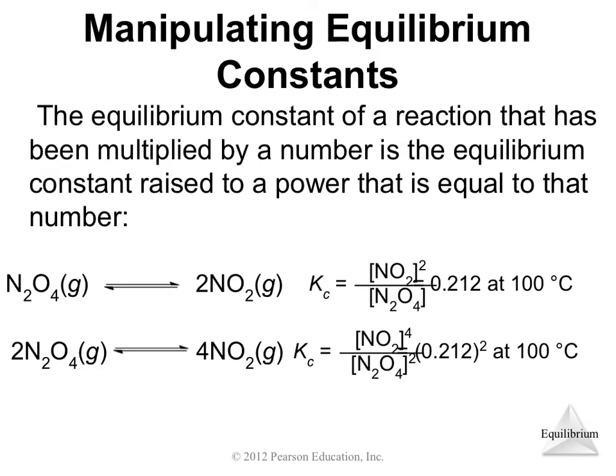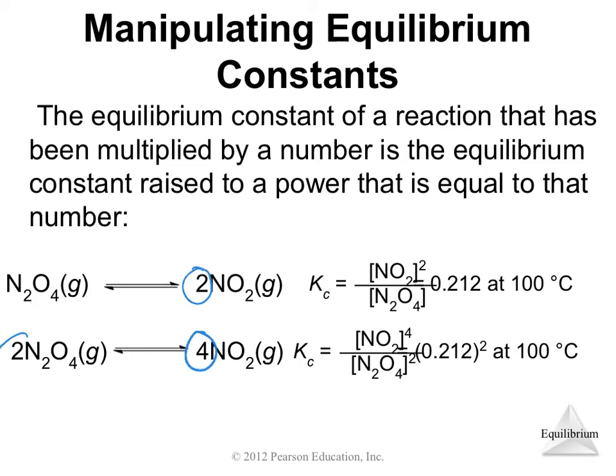Okay, another way that you can manipulate the equilibrium constants is by multiplying the whole reaction by a value. So we kind of did this with Hess's law a couple chapters ago where we said, okay, if we double the reaction, what does that do to, I think we were looking at enthalpy values or entropy values. This one is slightly different. So if you double